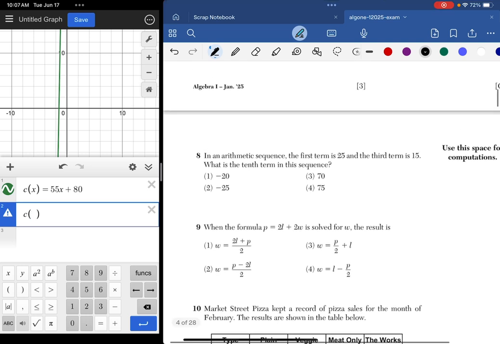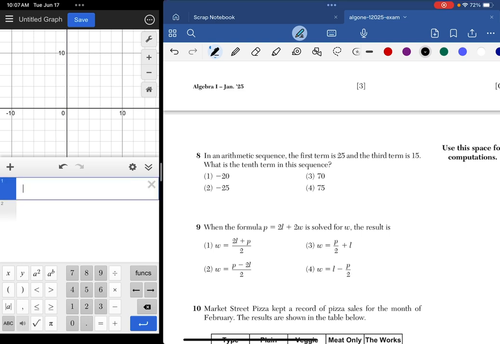Number 8, arithmetic sequence. First term is 25 and the third term is 15. What is the 10th term? Right? There's a couple of ways to do it, just like I guess I feel like I've been saying that about a lot of things. One way would be to identify the common difference, sorry, it's arithmetic. For a geometric, it would be common ratio. So my first term is 25, so that's my a sub 1. Second term, don't know what that is. Third term is 15, and they're saying follow that trend till you get to the 10th term.